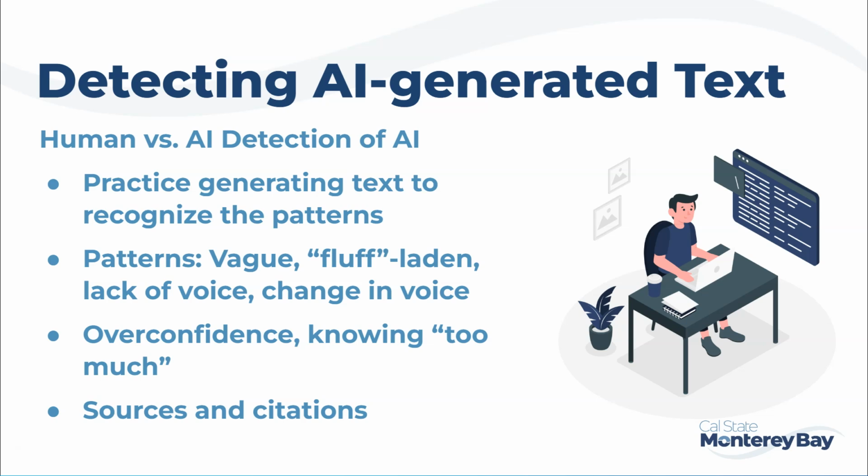Another red flag to look for, particularly when it comes to academic writing samples, is the appearance of citations that refer to sources that do not actually exist. AI text generators have a tendency to invent sources that sound and look plausible but are, quote-unquote, hallucinations. This is the word that the industry is using to refer to something that is totally made up, that the computer is sort of imagining, if you will. So checking your learner's sources will be increasingly important as more students use generative AI for writing tasks.